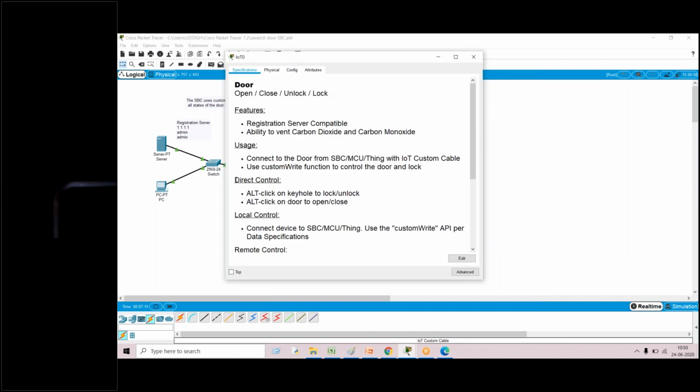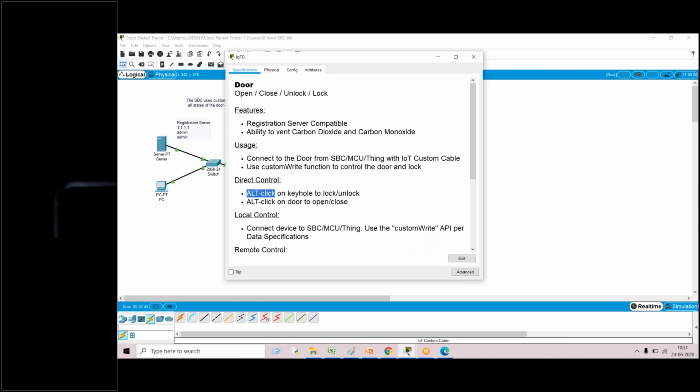The door has properties like: the door can open, the door can close, the door is unlocked, and the door is locked. These are the four different controls, I mean the operations that we can see.